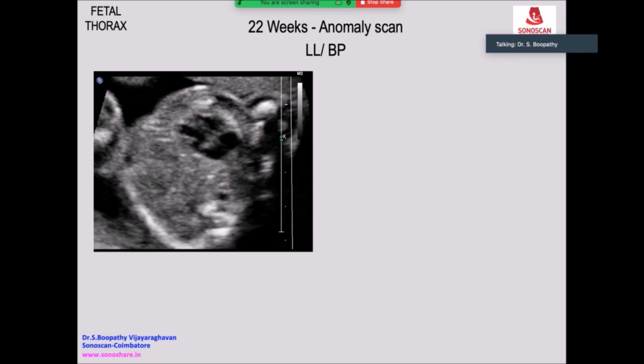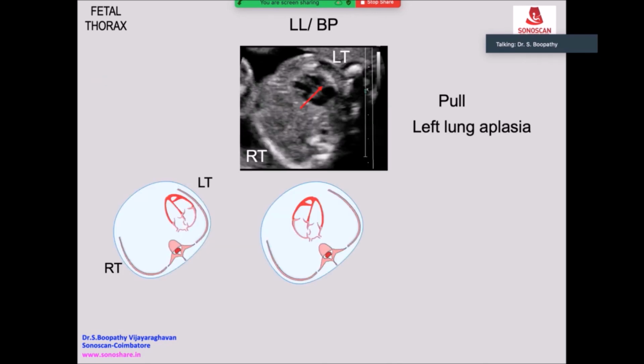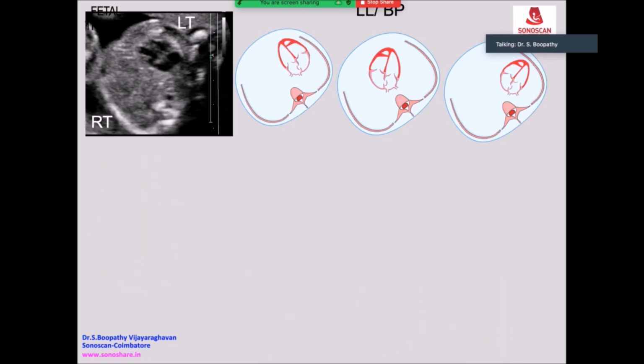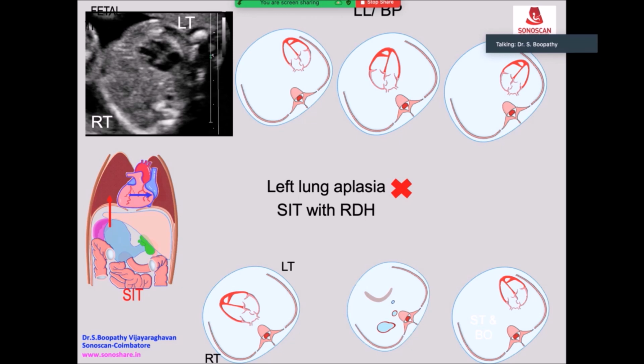Now in this fetus, I will try to illustrate the importance of the shift of mediastinum and the change in axis of the heart. What happened? This is normal, the heart. Suppose there is left lung agenesis. What will happen? So this is left and right. The heart is in the normal position. When there is left lung agenesis, where is the apex? Apex is to the right. This is not normal, but this is possible. One situation, this is possible.